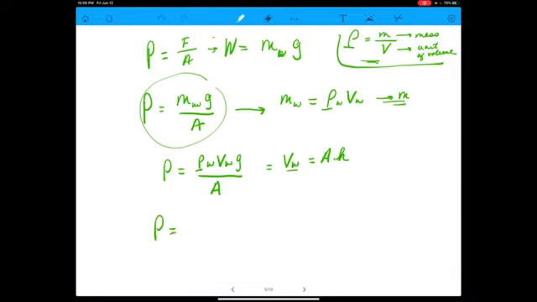Pressure equals density of the water times area times the height times gravity over the area. Oh my gosh, look at this. Boom, boom. The density, the pressure